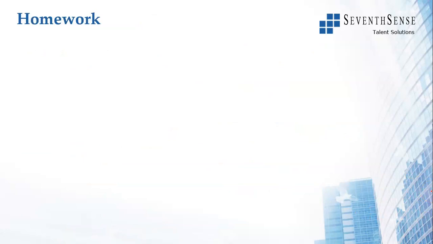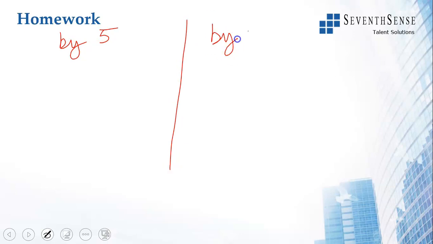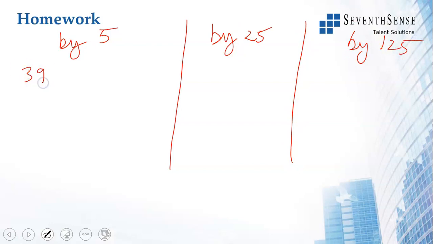Okay, so homework, try doing it. It need not necessarily be given by us. Take some 2-digit numbers, 3-digit numbers, 4-digit numbers, multiply by 5, multiply by 25, multiply by 125, and see whether you are accurate. So for homework, multiply by 5, look at 33 by 5. I'll write it here by 5, by 25, and then by 125. So for this you do 39, 61, 93, 99.